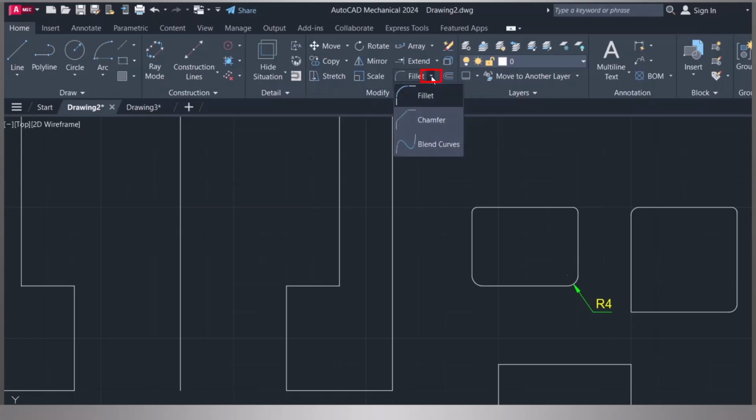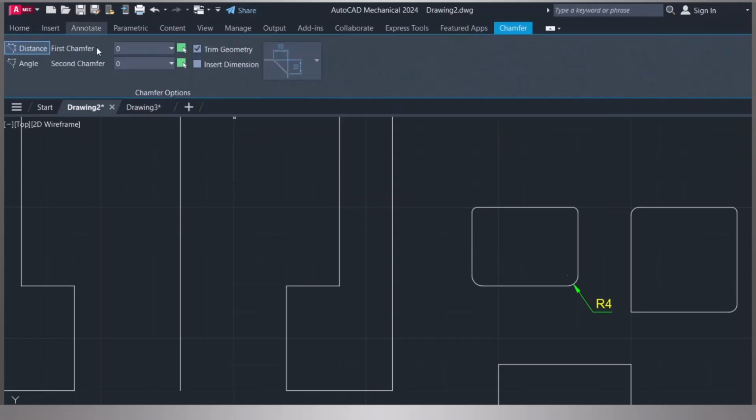Now I click on the arrow and I have a chamfer. So if I click on chamfer again, I'll be asked to put in the distance. If you look at this here, it gives you the horizontal distance and the vertical distance. So let me put in 2 on either side. So 2, 2, and enter, and then 2 and enter. So of course I'll be asked to put in the first, and then the second, and that is my chamfer